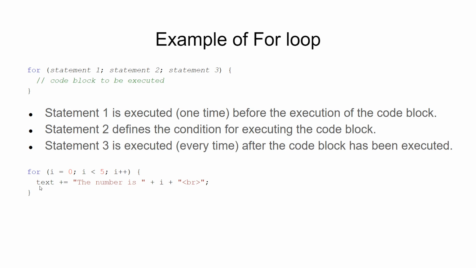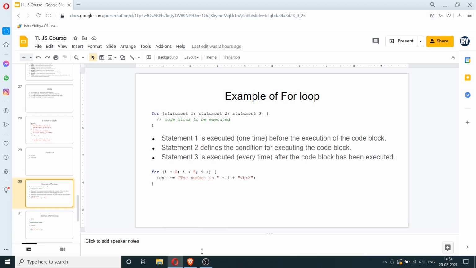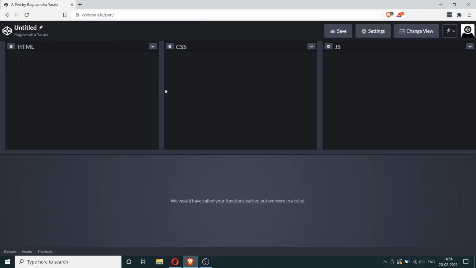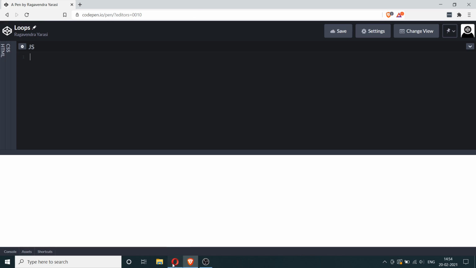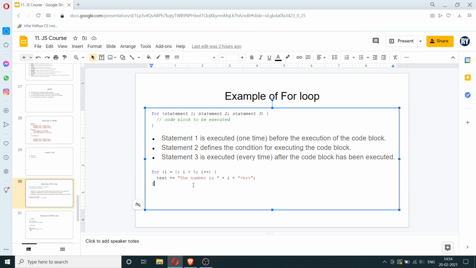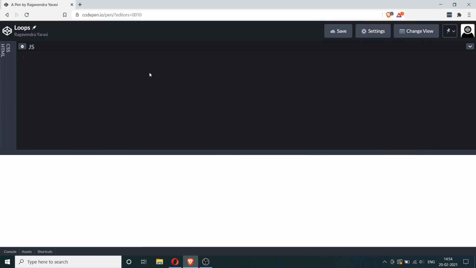Here, if you look at the code block, we are saying text += "The number is " + i followed by a line break. Now let's go to CodePen and have a look at an example of how this would work. I'm going to name this loops. Let's copy this for loop and paste it in our CodePen and see how that works.